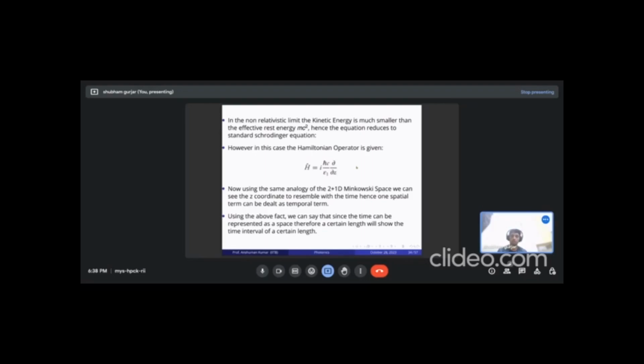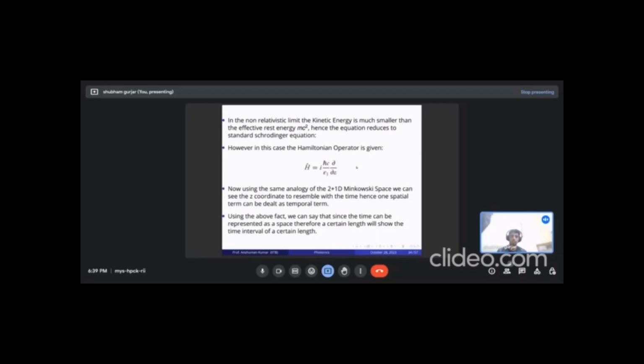But now what we are saying is that the time is no longer the time that we generally talk about. It will be the space. The z coordinate will act as the time. So we have a crystal of length L, and it will represent some amount of time simultaneously. Collectively we can see a long period of time. So the n time steps will turn into n spatial steps, that is, some length, and we can